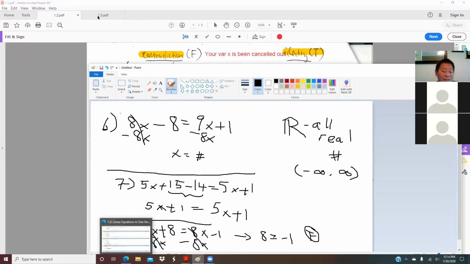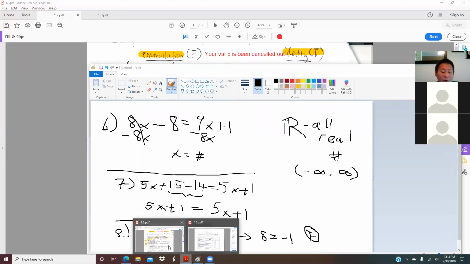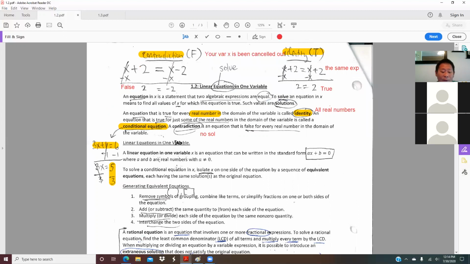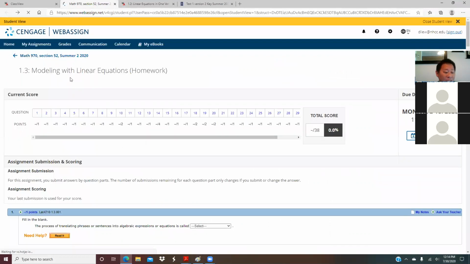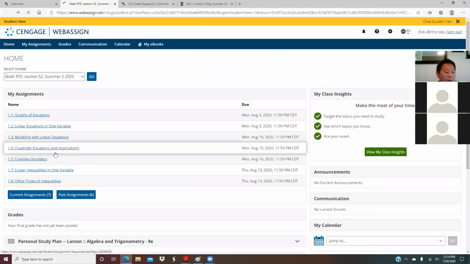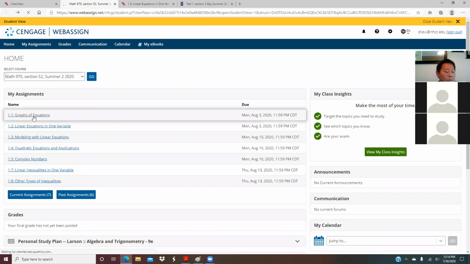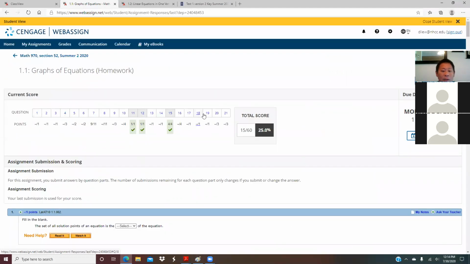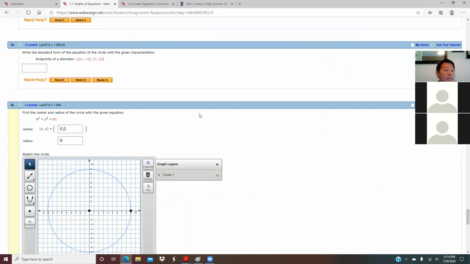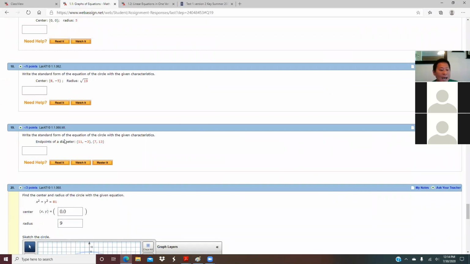So this is the base, what we call the equations here. And I believe you guys know how to solve equations, so I will skip that part and talk about question 19 here. Then we'll talk more about how to solve equations with fractions and decimals, okay? All right, 19. This 19 is asking us to write the standard form equation of a circle given